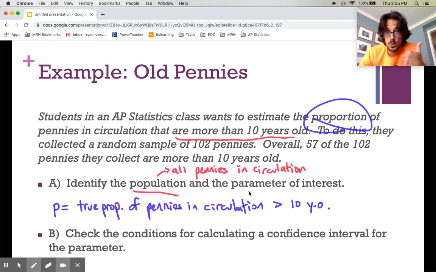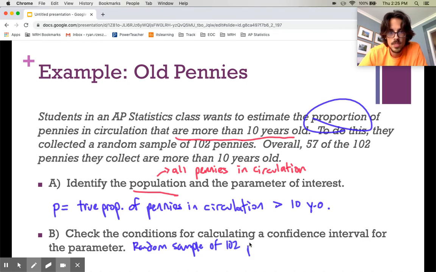First condition was a simple random sample. So this problem says, oh yeah, it's a random sample of 102 pennies. Check. There will not be a situation where they give you this big old problem and it's like, trick question, you couldn't do it, unless they were purposely testing for that, and then they would ask you follow-up questions. But it's not going to be like, oh yeah, make me an interval, do this whole thing, but ooh, it wasn't a random sample, gotcha. They're not going to do that to you, but you still need to check the condition and verify, yes, this